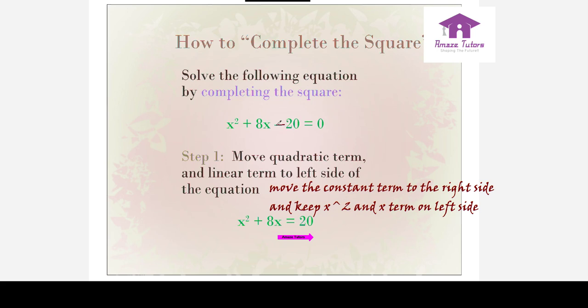What I did, minus 20, when you take it to the other side, plus 20. Because we know that the opposite operations are used. So let me explain. Addition becomes subtraction on the other side. Subtraction becomes addition. Multiplication becomes division. Division becomes multiplication whenever you try to balance an equation or whenever you try to take the numbers to the other side. Change side, change sign. That is the rule. That is why negative 20, when you take it to the other side, positive 20.